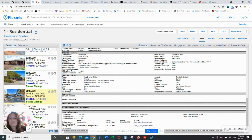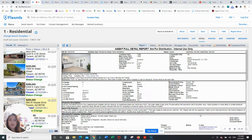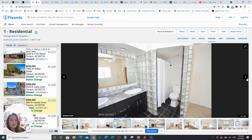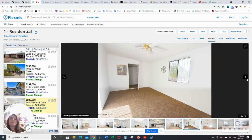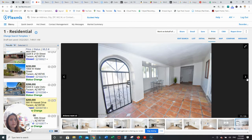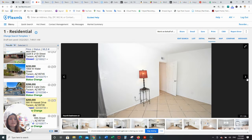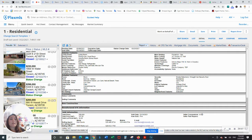Let's look at a couple other ones. I've got another one right here that looks like a flip from the first picture. So some parts are renovated, some other parts are not. This is not like an actual flip. I think that they did a little bit of the work as they lived on the property. That looks like vinyl. So when I look at the details, the list price was 200, and it sold for 200. They did pay seller concessions, so the reality is